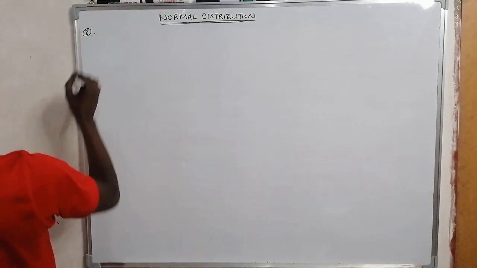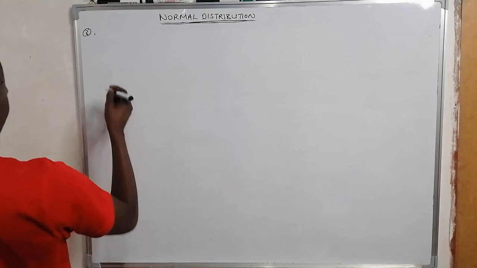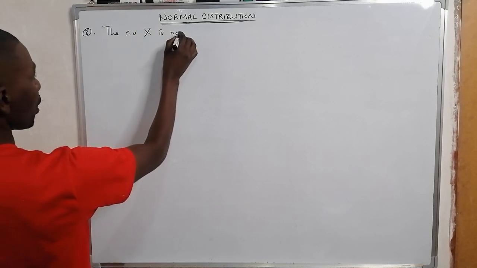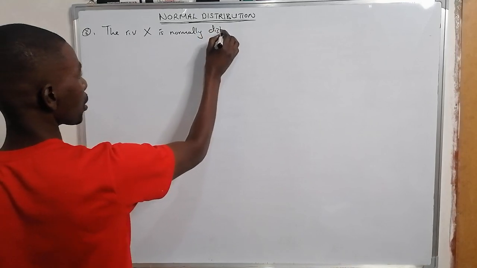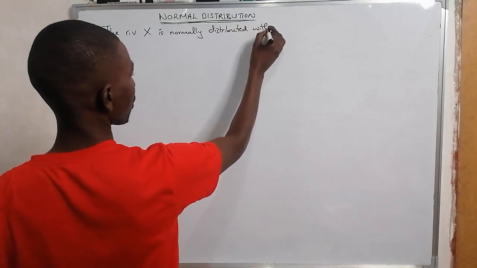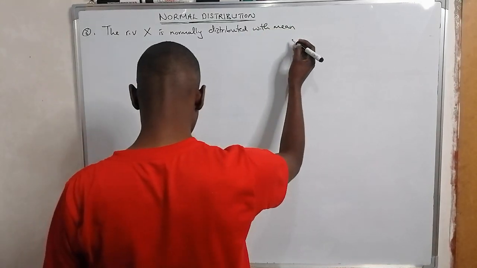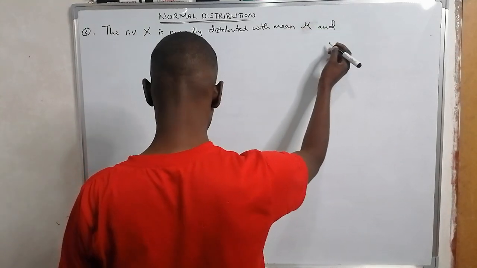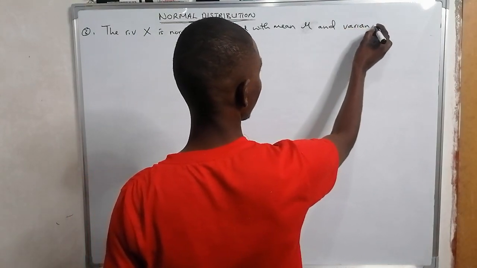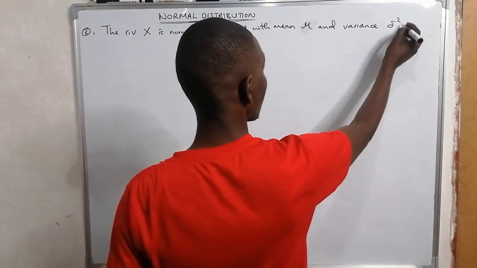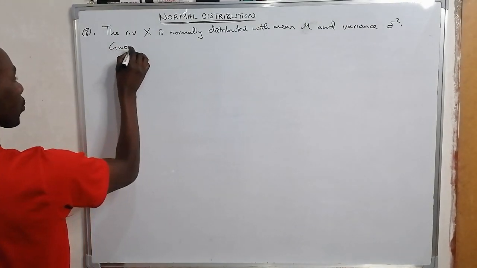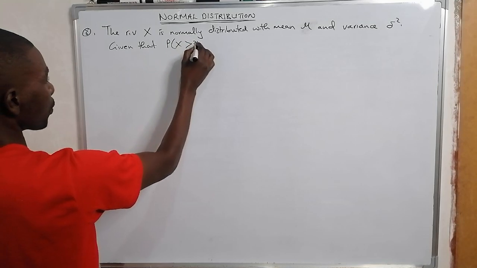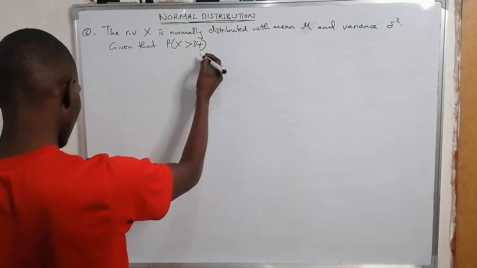Right, our third example. The random variable x is normally distributed with mean mu and variance sigma squared, given that P of x is greater than 34 is equal to 0.0228,